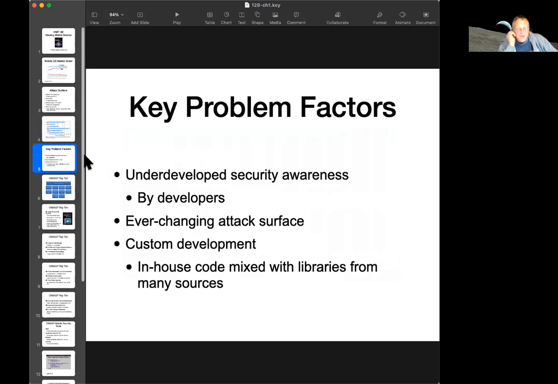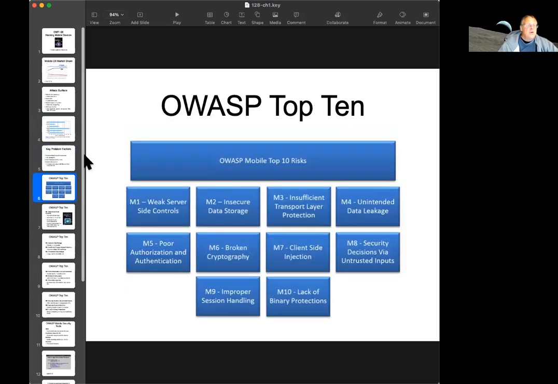So in general, this is the number 1 problem in all of the world of security, is developers just don't understand security. They're trying to make apps run fast and make them pretty and develop new features, and they really don't understand the security consequences of their decisions. And also, they just include libraries that come from elsewhere, and those often have known vulnerabilities.